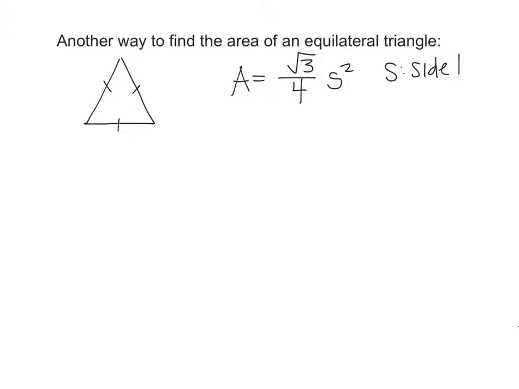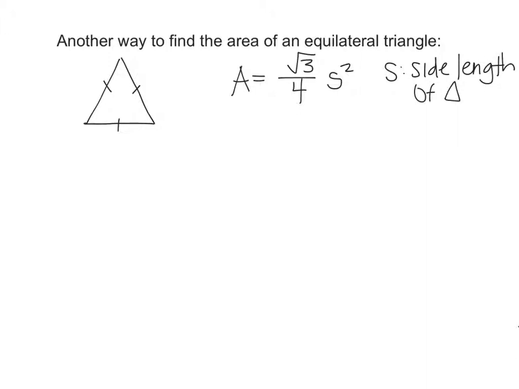We also have the regular way, area equals base times height. And then we also have another formula, if it's equilateral, so all of these have to be congruent. That formula is area is equal to the square root of 3 divided by 4 times S squared. Now I know that we're using S a lot, but we have to keep in mind what S means in these different situations. So S is the side length